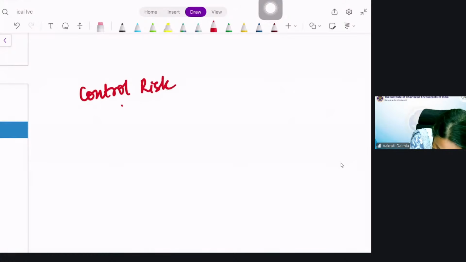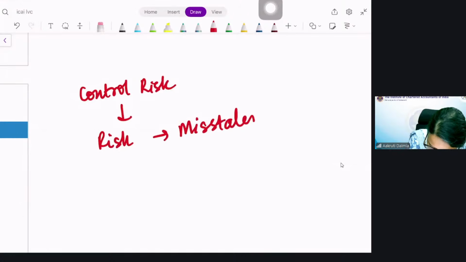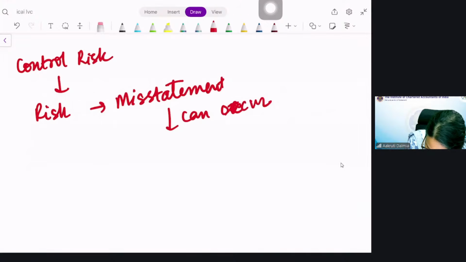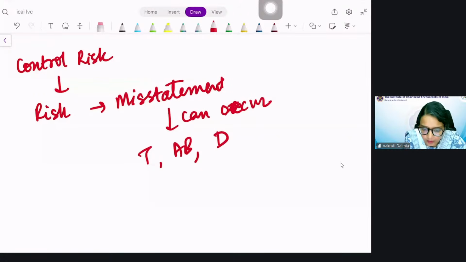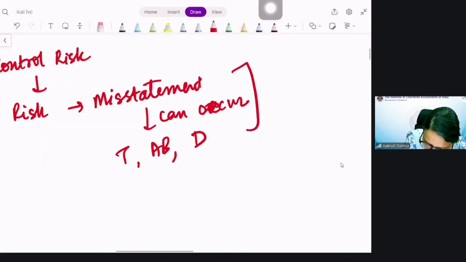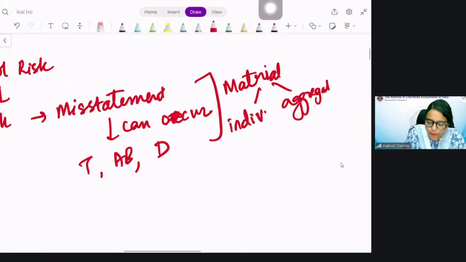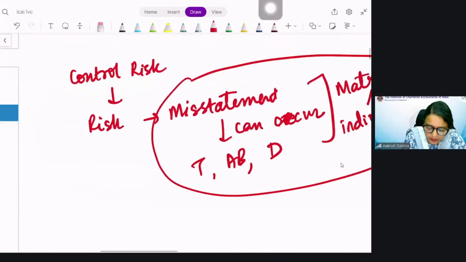Control risk is a risk that misstatement can occur in transaction, account balance, and disclosure. It will occur and it may be material, either individually or in aggregate. So this part is fully the same as inherent risk. It is saying that control risk is a risk that some misstatement can occur,